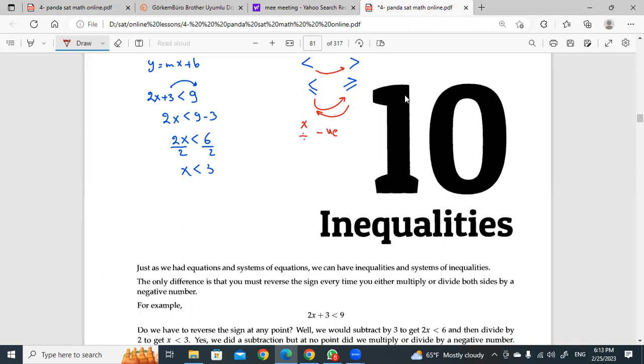If I have plus or minus, adding or subtracting, it will not change. Only if I multiply or divide by a negative number, I will change from smaller than to bigger than automatically, or from bigger than to smaller than. Okay, the second,